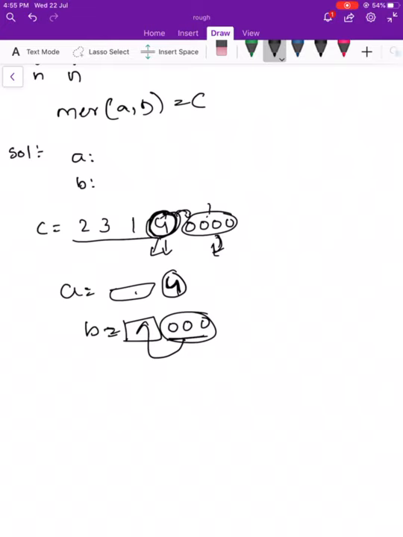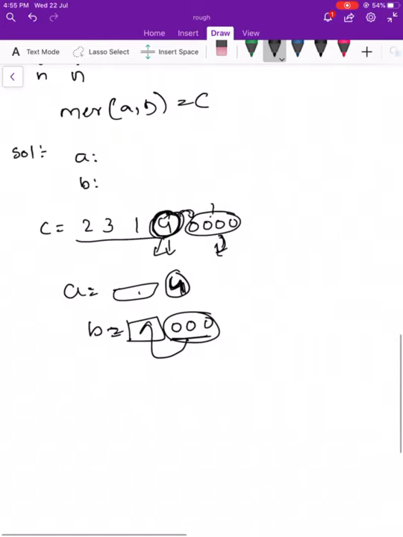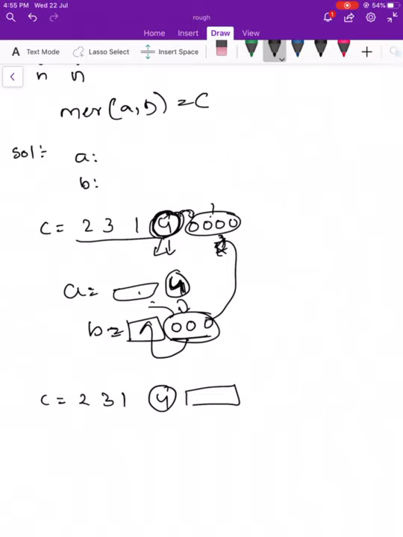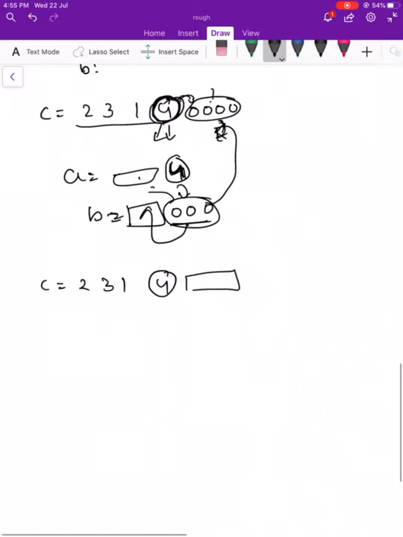When you compare 4 and these elements, 4 is more, so these elements would come before 4, but in C they are actually after 4. So the biggest element and whatever elements are present after it should be in the same array.